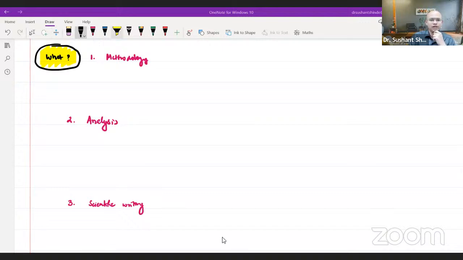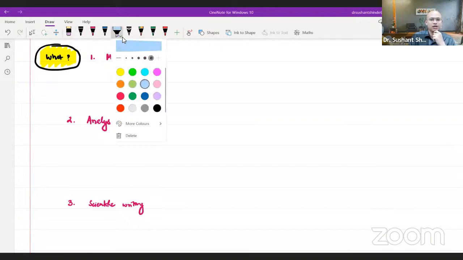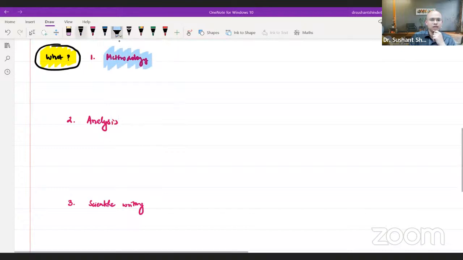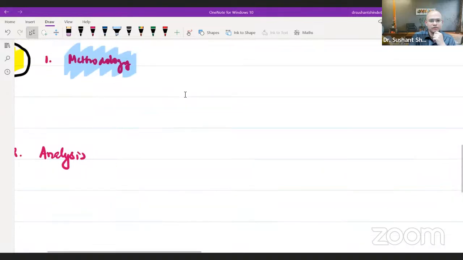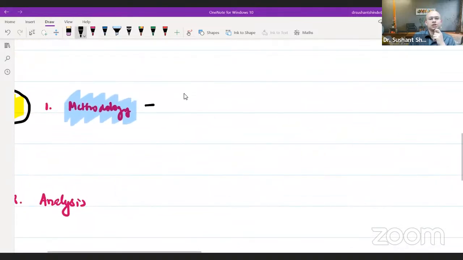Wherever you are, whether you might be at the beginning stage or at an advanced stage, these are the three pillars. When I say that you need to understand research methodology, what do I really mean by that? Well, there are a couple of things which will come under methodology. First and foremost is literature search. This is something we will devote time to in our workshop as well, that you need to search literature. It is very common when I talk to medical students or even residents sometimes, that I tell them, okay, let's take this problem and let's search what the solution to this problem is.